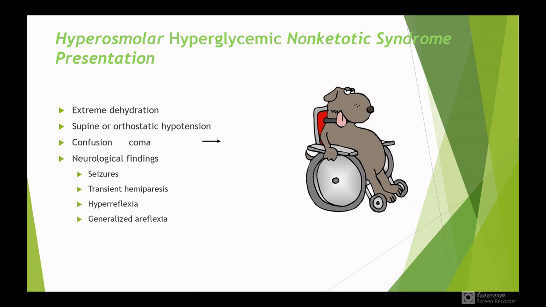Now, as I have told about the HHS, let me describe some of the HHS points so that it will be helpful for differentiating. In HHS, there will be severe dehydration, and the patient position will be supine, or an orthostatic hypotension-like presentation. The patient will have confusion, and neurological findings you can see are seizures, hemiparesis, hyperreflexia, or generalized